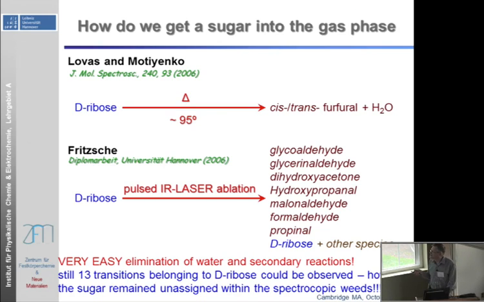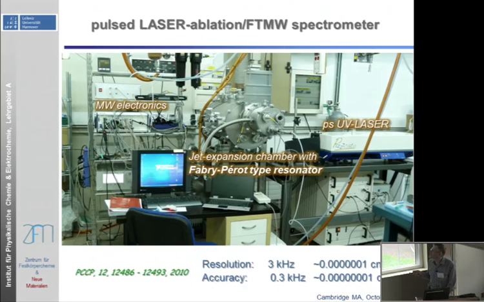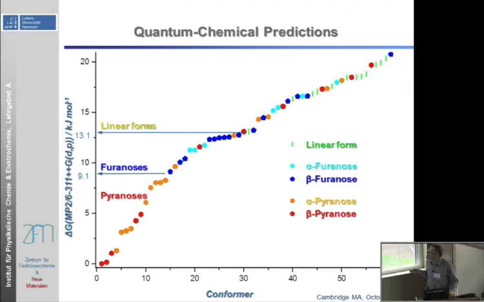And then we stopped this project for some time. Still, I started to work again on this with the group in Bilbao, Emilio Cocinero and Alberto Lesarri. They had a picosecond UV laser just purchased. We set up the microwave machine there. It was a laser group which didn't have microwaves before. And this laser basically made the difference. We basically got no decomposition products, as I'll show in a second.